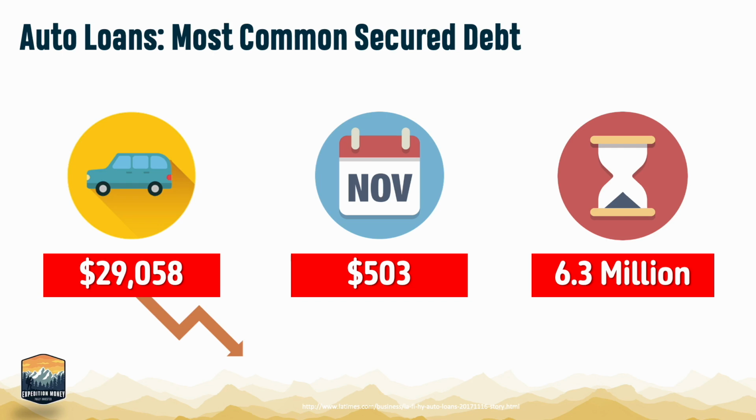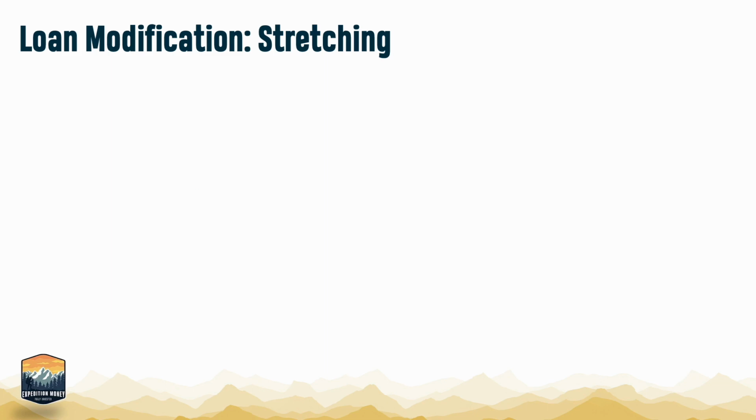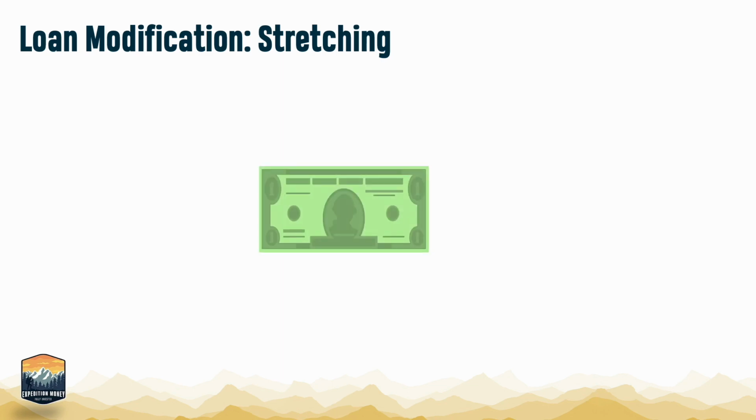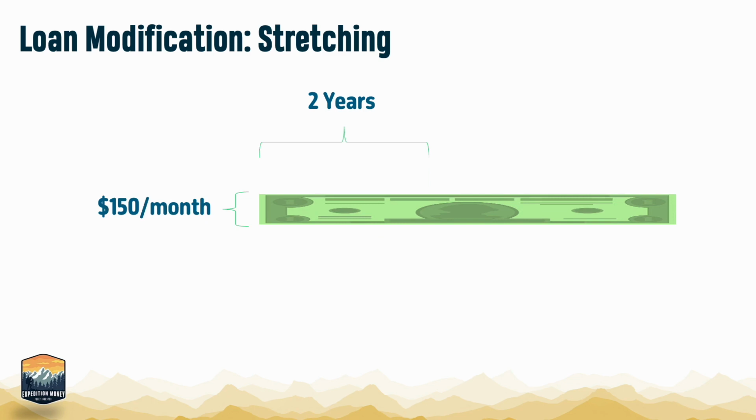And you might have a false sense of security if your lender isn't calling you when you're late on payments, because they are often just planning on repossessing your vehicle. So if you're struggling with your auto loan, one of your best options might be to request a modification from your lender. A common modification is to stretch out the balance of the loan. Let's say your monthly payment is $300, scheduled to last for 2 more years. They may be willing to stretch it out to get the monthly payment down to $150 a month, but extend the loan out to 4 years.